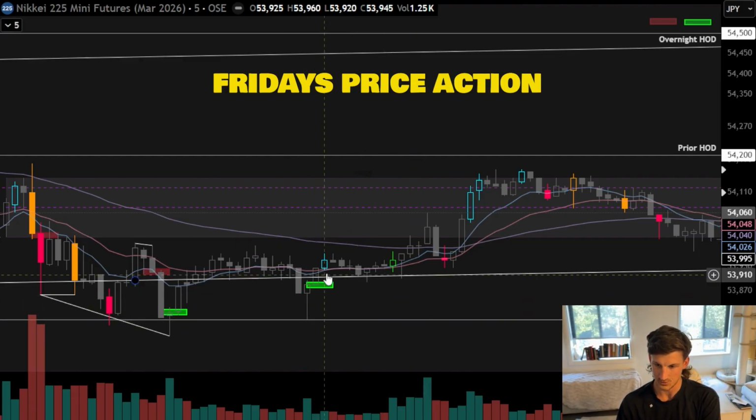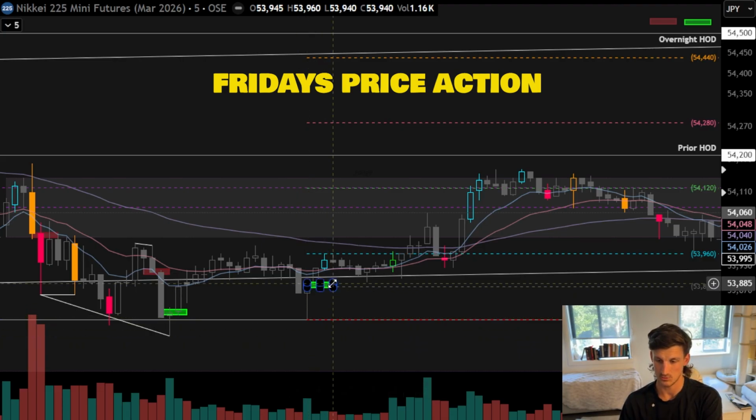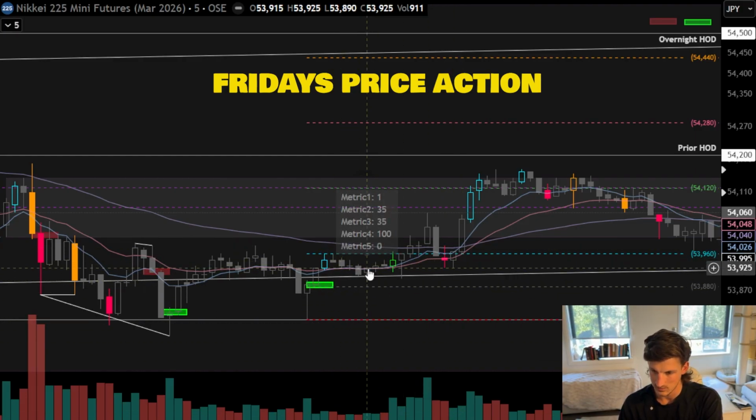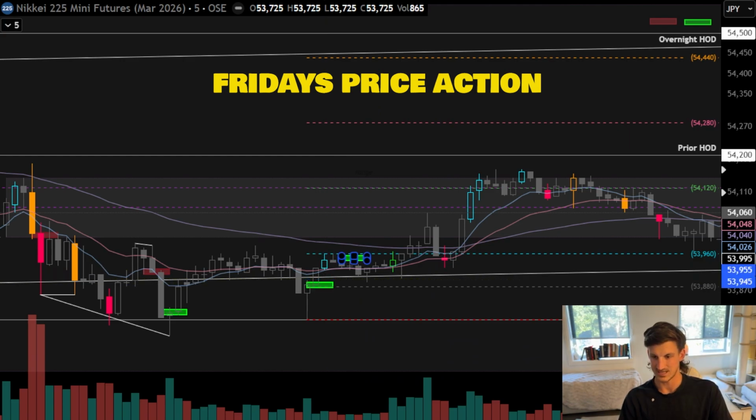You then get the first sign of momentum for the bulls all day. At this point, you've had a strong candle and follow through. Because we've got momentum, you can now put on your retracement tool. The target would be all the way up here at 54,120, and the 50% pullback is somewhere in here. You get a push down, so a 2-legged pullback, which is what you expect, and a bull bar closing on its high. The bears can't even get it